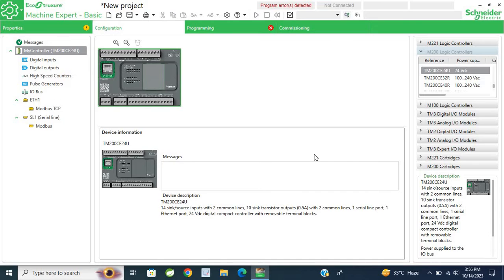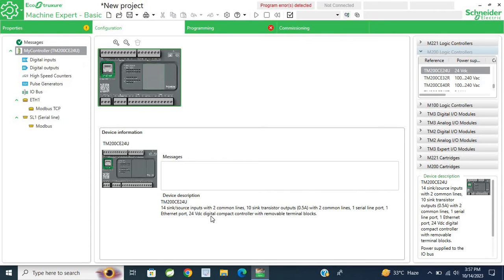If you want to know about this PLC, see that this is the PLC part number TM200CE24R, with 14 sink and source inputs with 2 common lines, and 10 sink transistor outputs with 2 common lines, one serial line port and one Ethernet port,